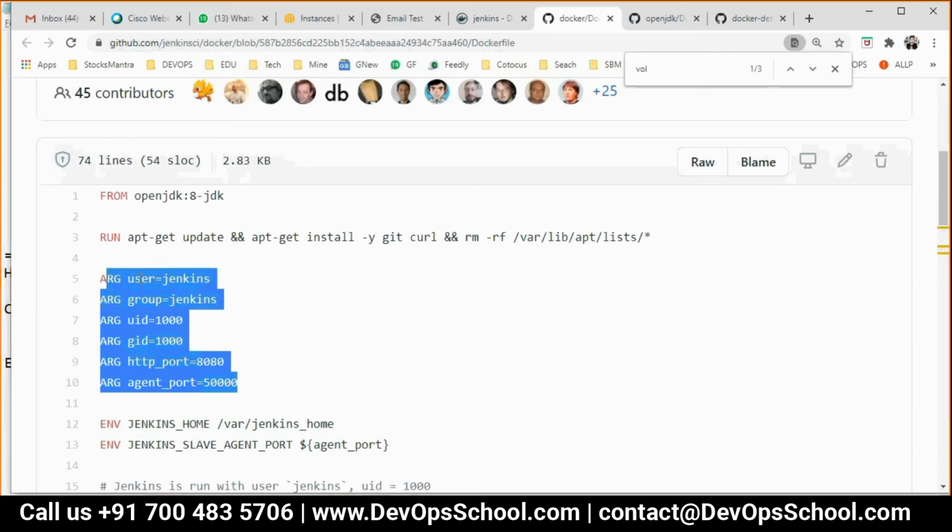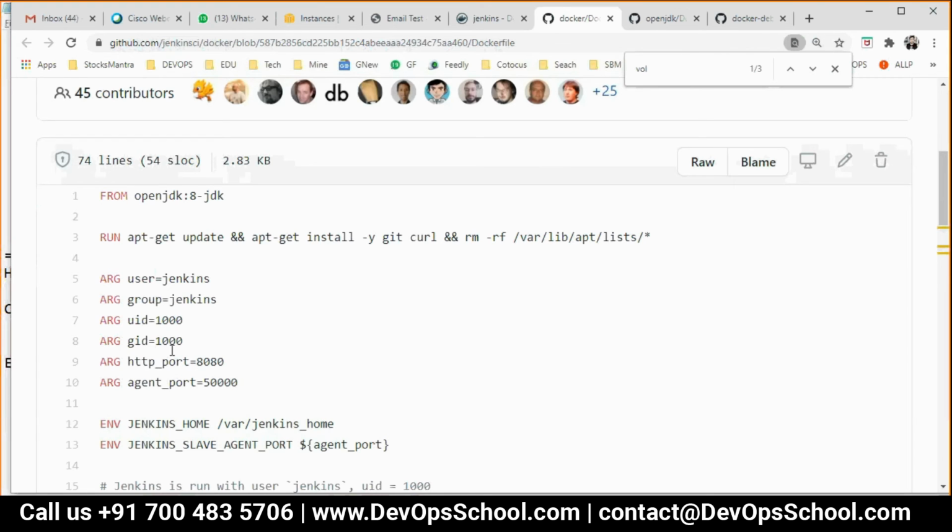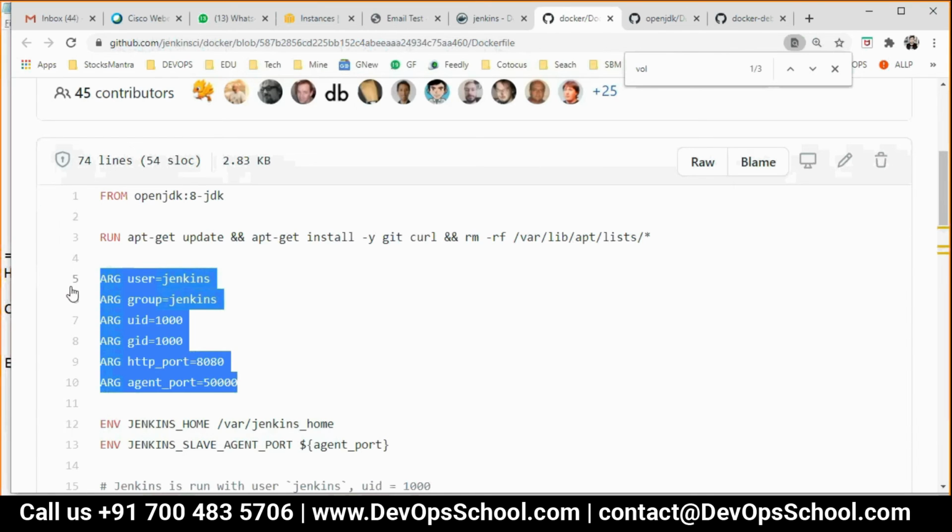So if you want to use it multiple times in your project, then you can use ARG. So see here, the developer has set the variables at one place along with the values. And if you want to use these values in any of the layers below, you have to reference it using dollar variable.